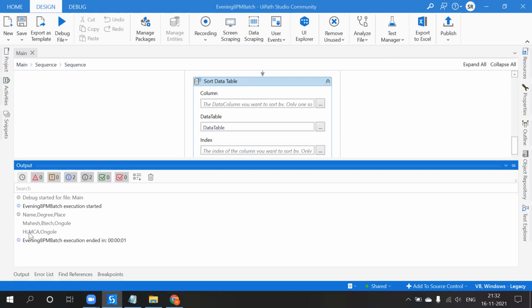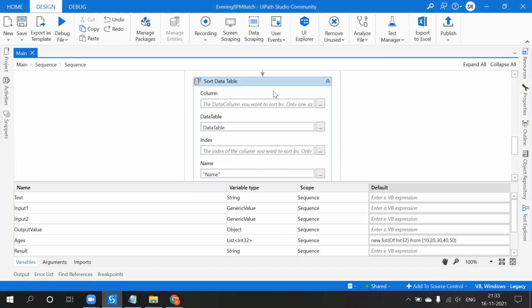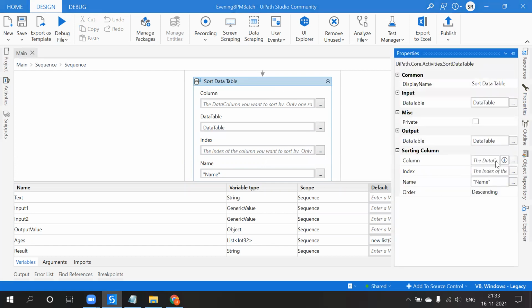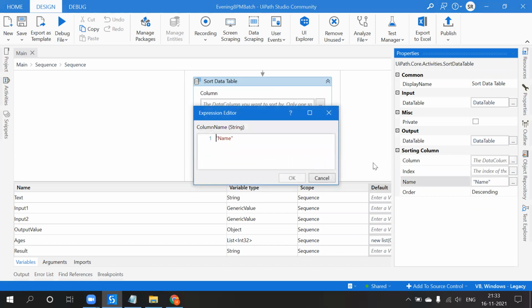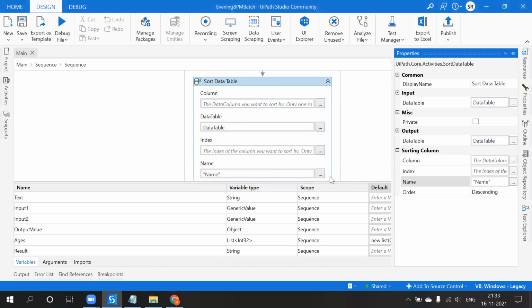So this is the way sorting can be done. We can choose which column we would like to sort, and only one column can be specified at one time, either ascending or descending.